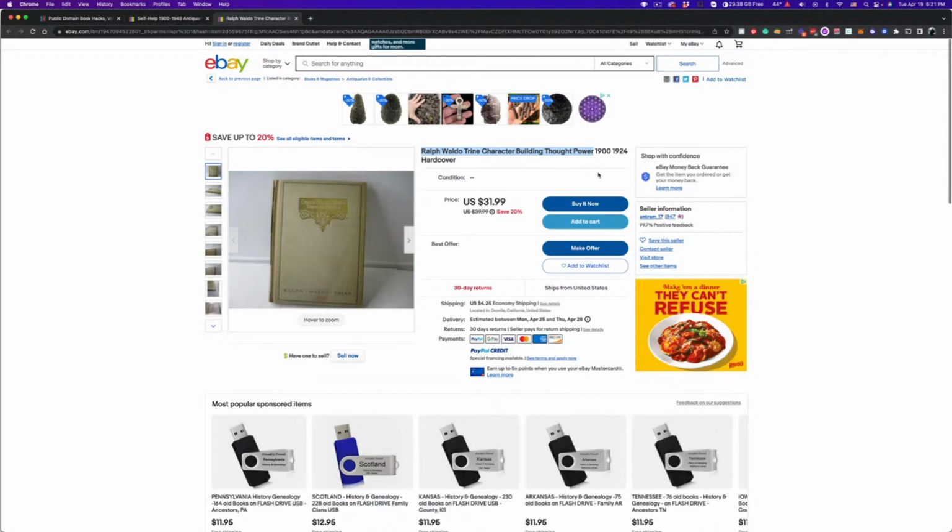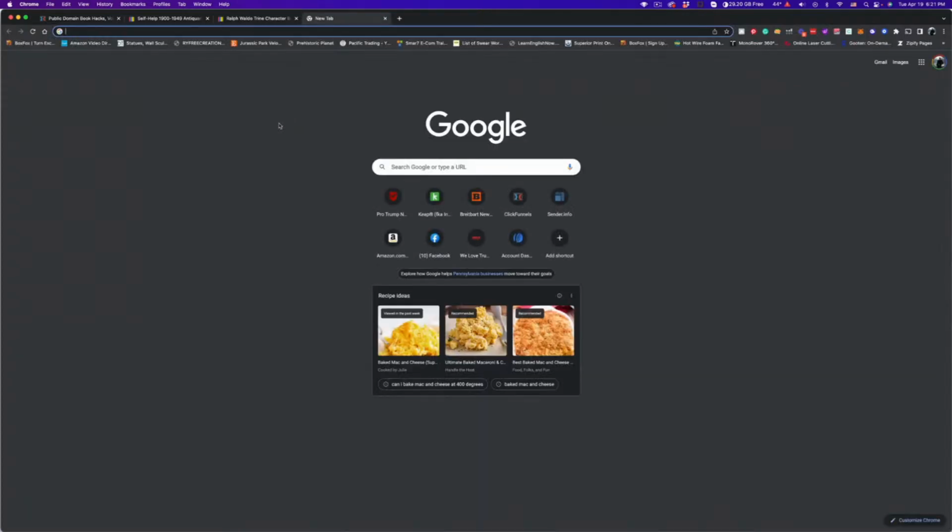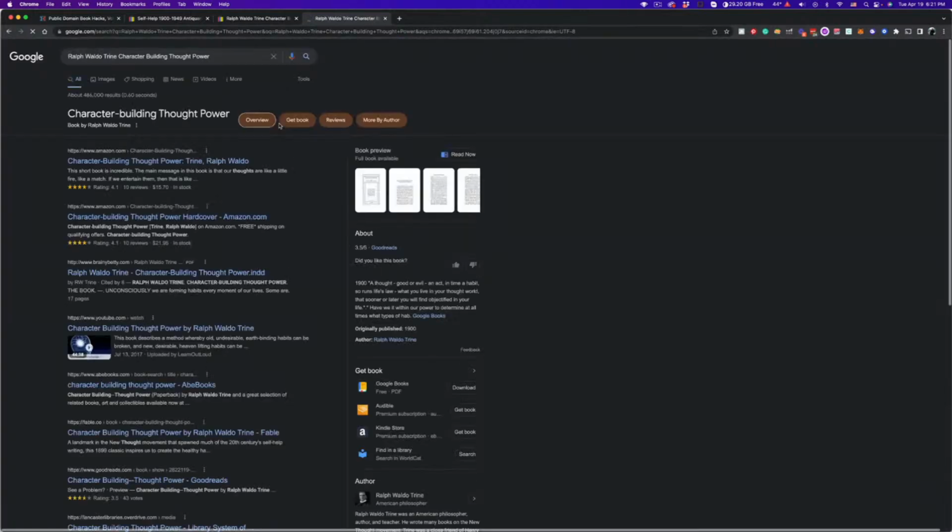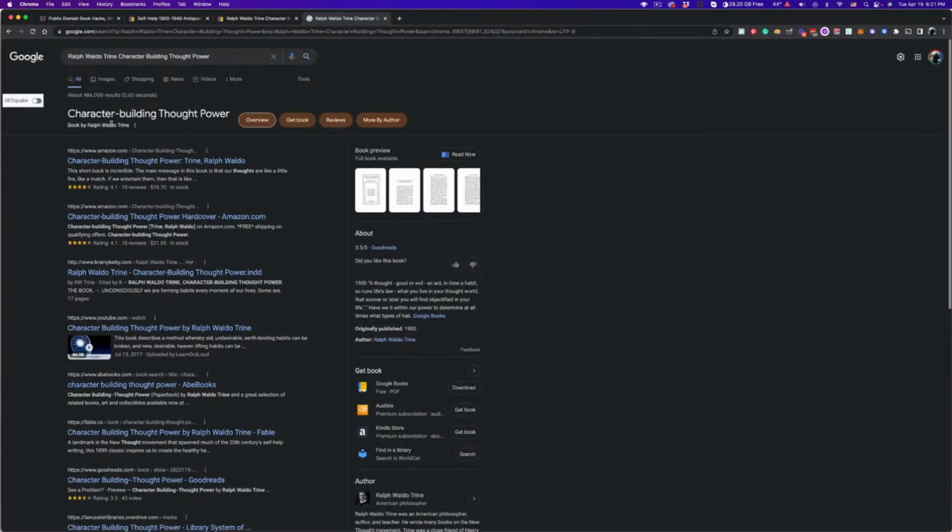So like, for instance, what I would do is copy this here, do another search with just that phrase, character building, thought power. You can buy it on Amazon. So I'm not interested in a physical copy of it, but I see over here, get book, Google Books, free PDF, download.